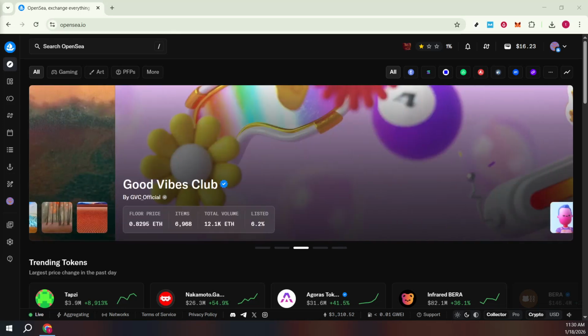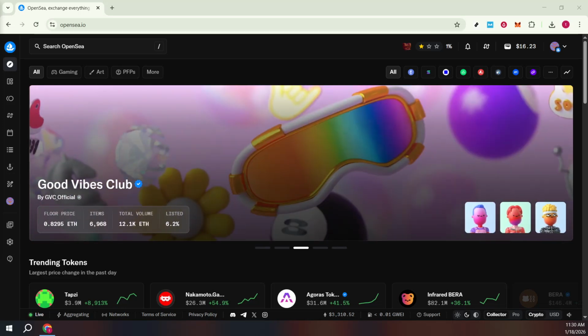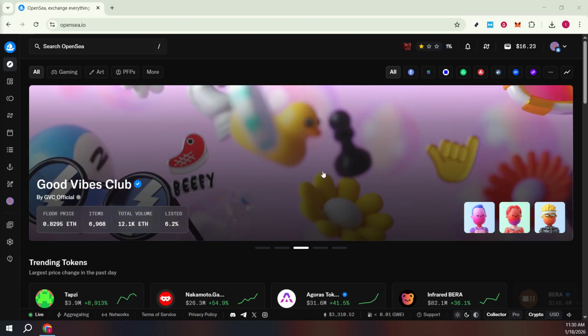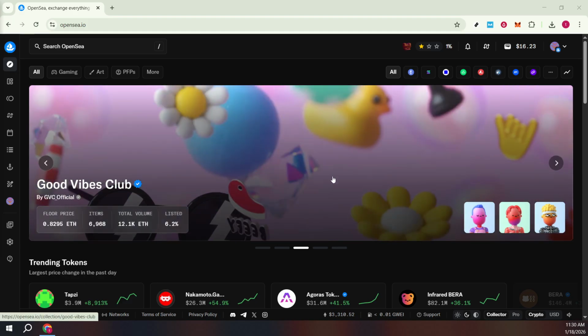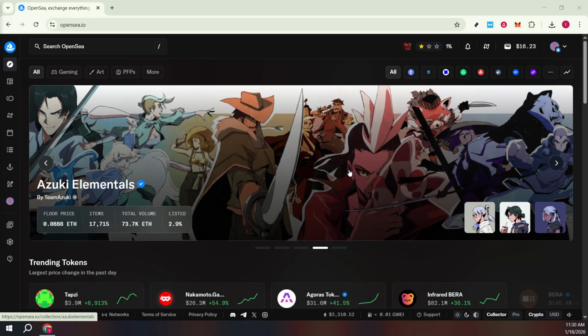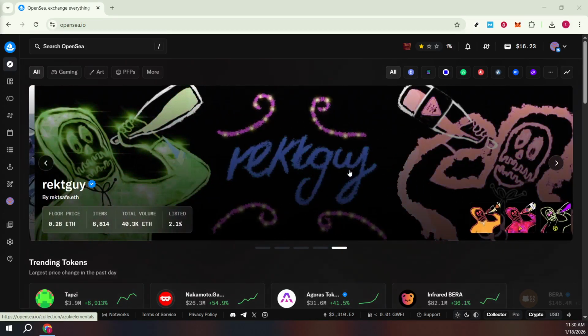In today's video, I'm going to teach you how to view hidden NFTs on OpenSea. If you've ever noticed items missing from your main collection, there's a good chance they're simply hidden. OpenSea provides a hidden area to keep your profile tidy and to quarantine suspicious airdrops. Let's walk through how to find that section, hide an item on purpose, and unhide it when you're ready to